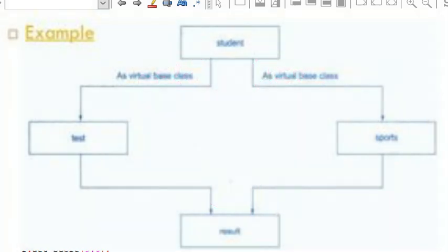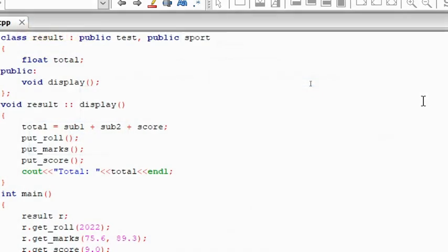So if it is going to inherit, we have to use the term virtual. The term virtual is going to make us understand that any one path is going to be chosen. If I make both test and sports virtual, it takes only one path. It will never get confused. It will avoid the ambiguity, and whatever I need in my derived class is going to be fulfilled accordingly. That's the role of virtual in base class.